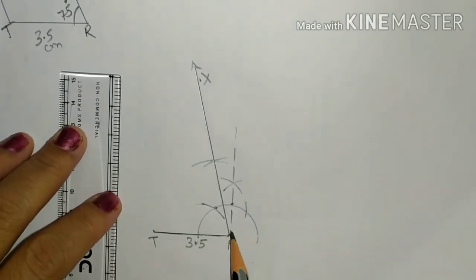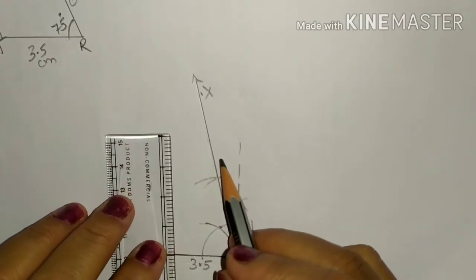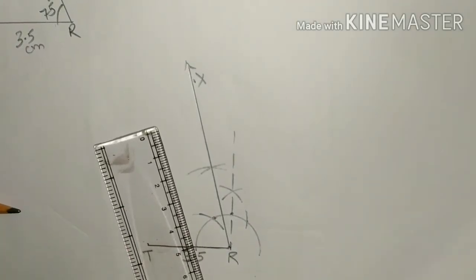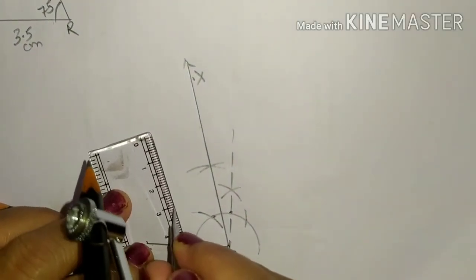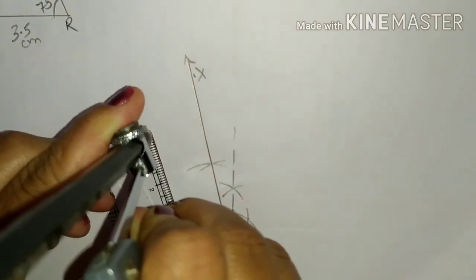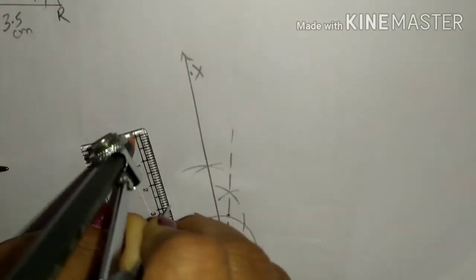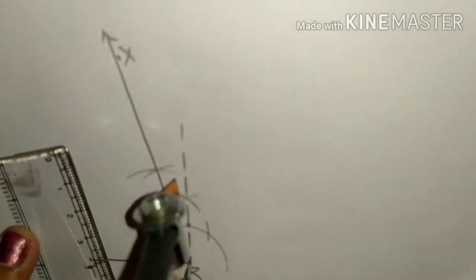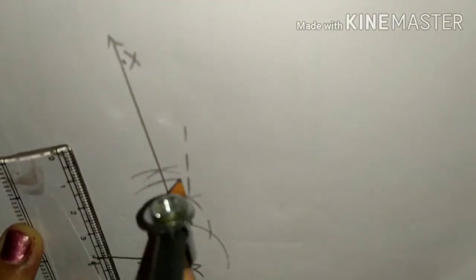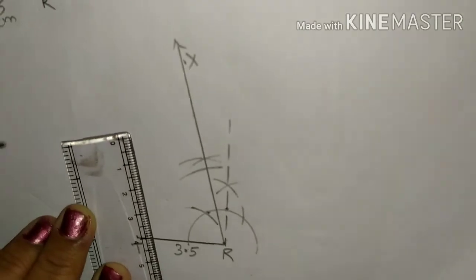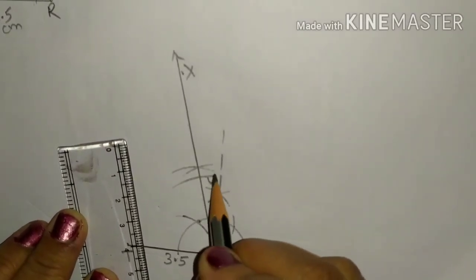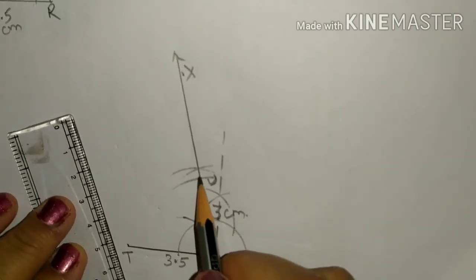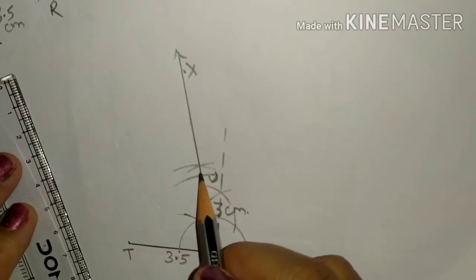Now this RU, we have to take U point now. It is 3 centimeter. So again mark 3 centimeter with the help of scale and rounder. Okay, so 3 centimeter. Then from R, cut off 3 centimeter. This is 3 centimeter cut off for U point. So this is point U and this is 3 centimeter now. And from point U we have to take now 120 degree. For that again we will rotate the figure.